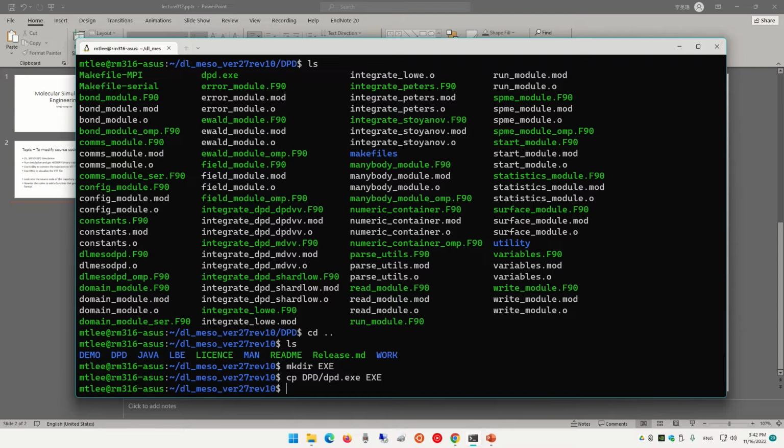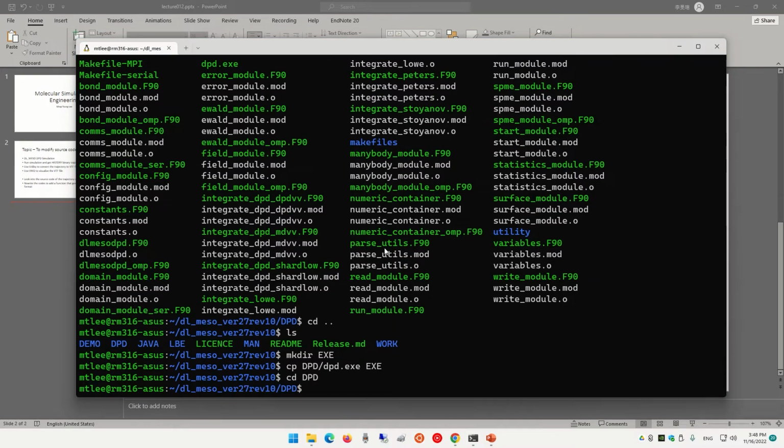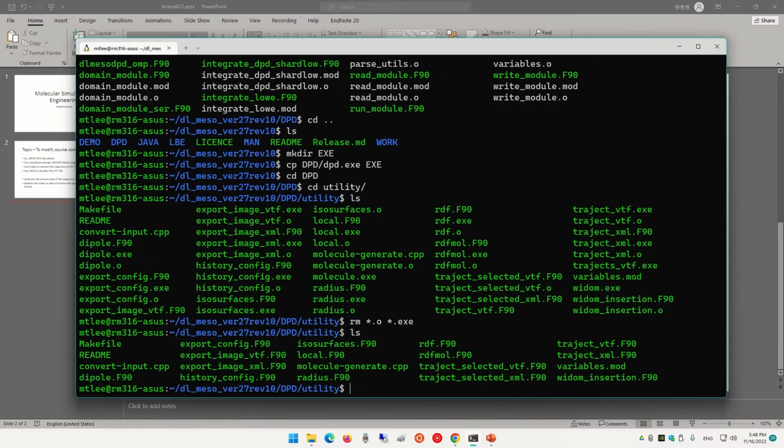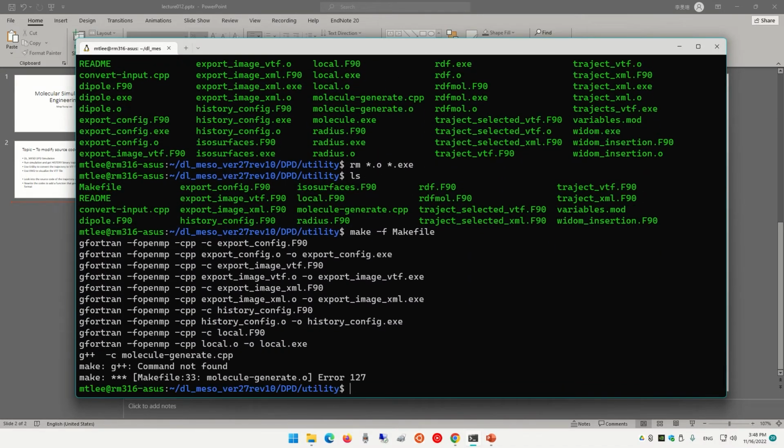And also I want to install the utility we're going to use later, all right? So let's go back to utility. And then again, I'm going to remove the files from previous compilations, and then do a fresh install here. Oh, I don't have GCC here.